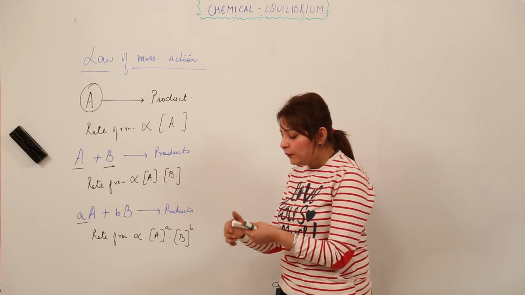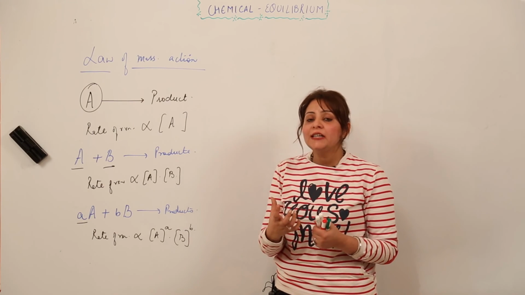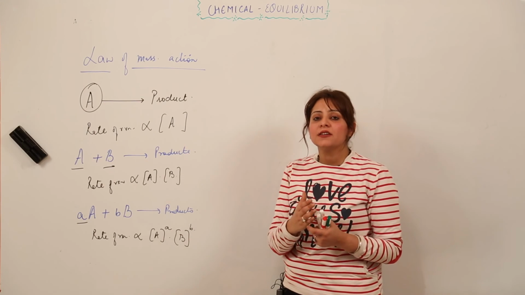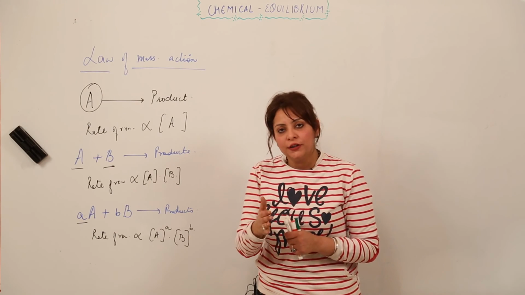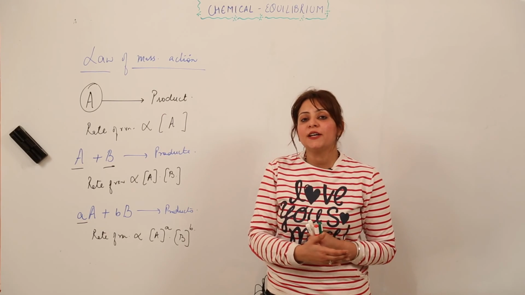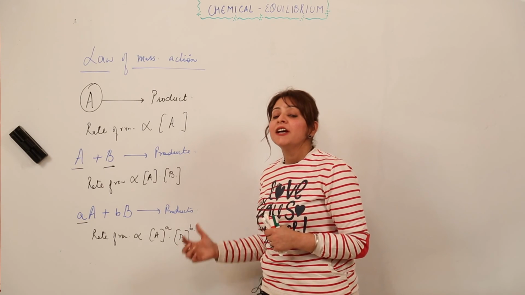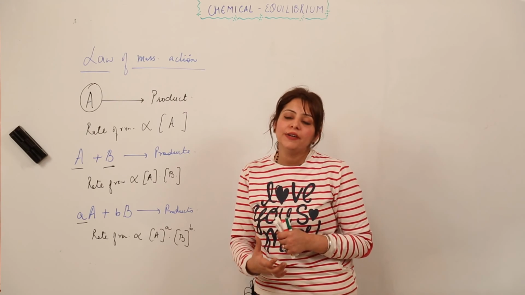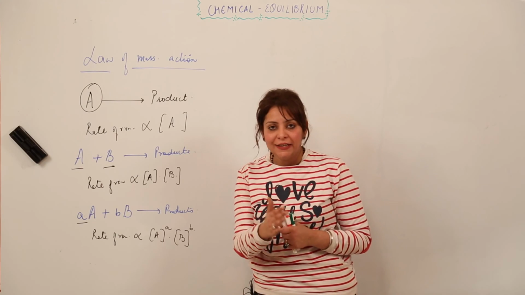So either way you can write the law of mass action when it is specified. It just states that the rate at which a substance forms the product depends upon its active mass. And if we consider a chemical reaction, then the rate of the chemical reaction depends upon the product of the active masses of the reactants raised to their respective powers, or the stoichiometric coefficients, or the moles which are involved in the chemical reaction. So this is what the law of mass action states. I think it's clear now.